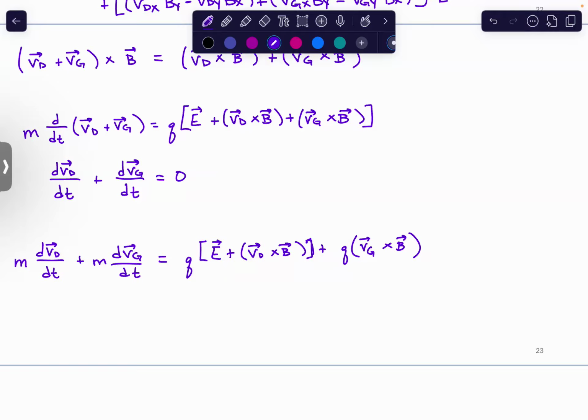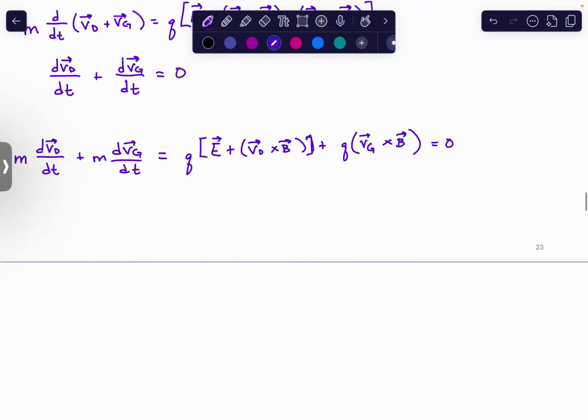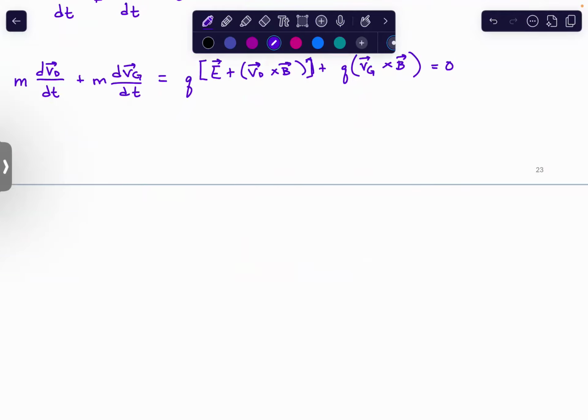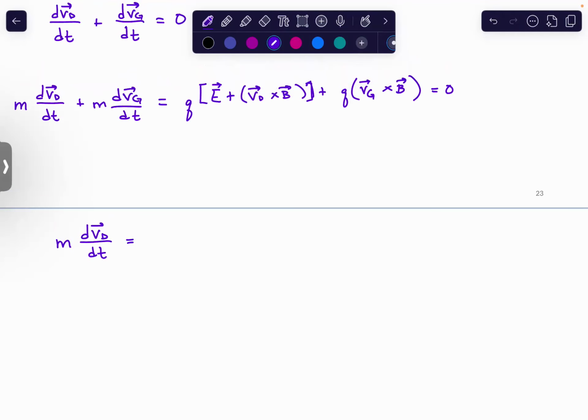Okay, so now we're separating that a bit further. So now by comparison, we can separate out the terms that are the individual differential equations for each type of velocity. So if I'm looking at, and keep in mind, the gravitational velocity doesn't just disappear, but we're worried about the drift velocity of the particles inside of a conductor. So we're picking that out. What does this equal? Eventually, yes, but